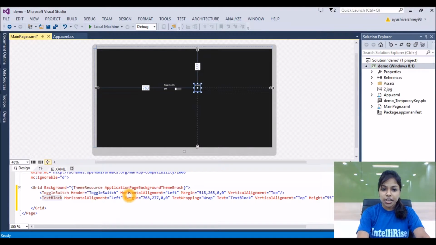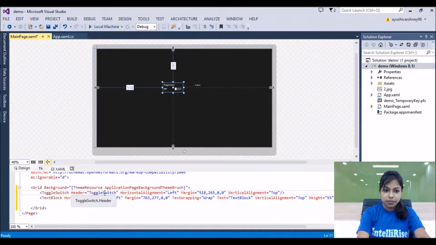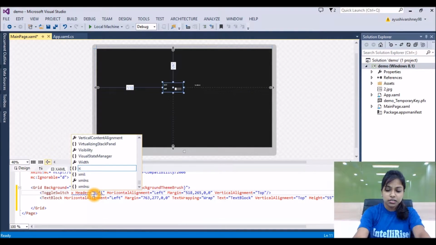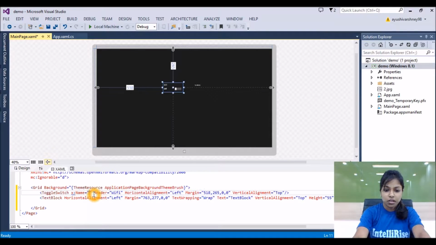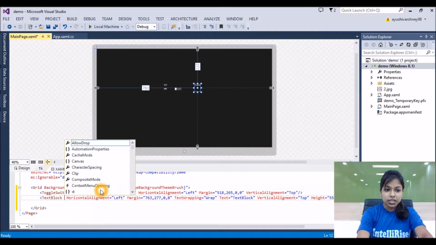Then I'll change the content of this toggle switch. Here this is the toggle switch. Let's say the header will be, let's say I'm making a functionality for Wi-Fi, and then here we write x:Name, we'll name it, let's say, toggle. Then we'll name the text block